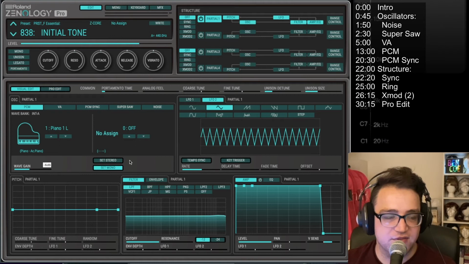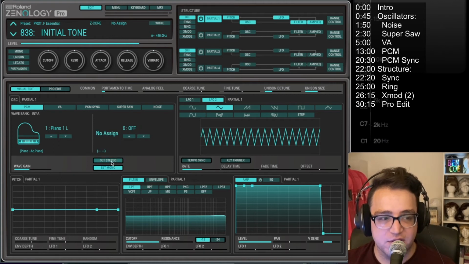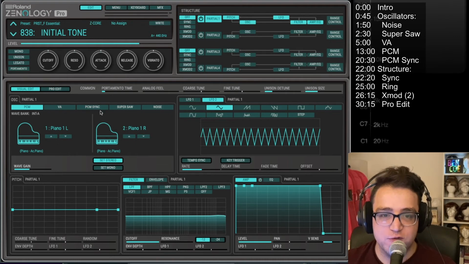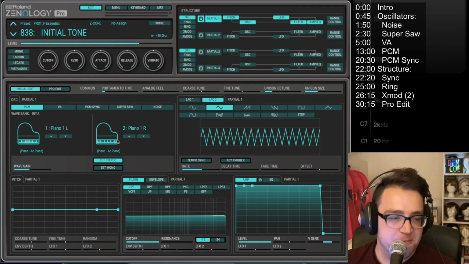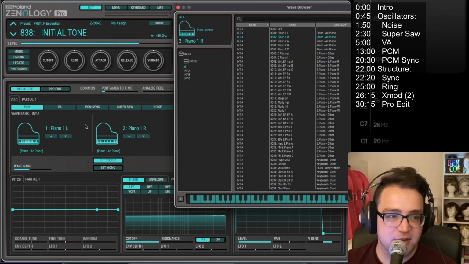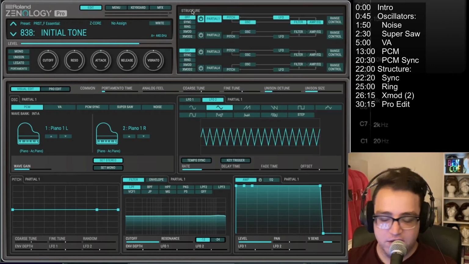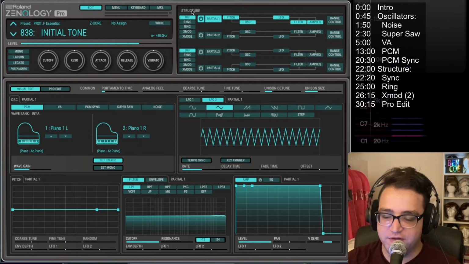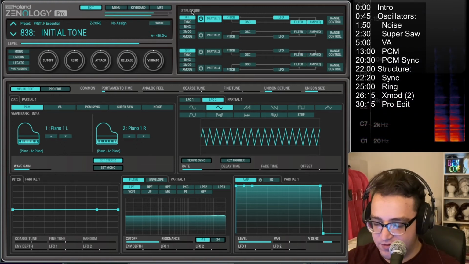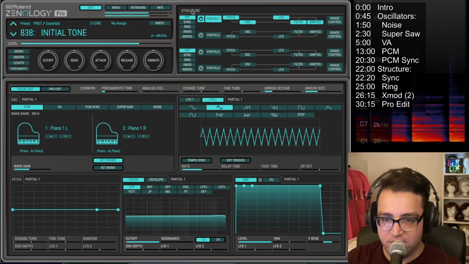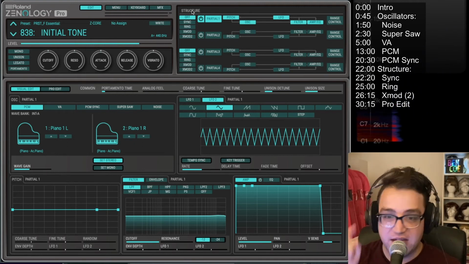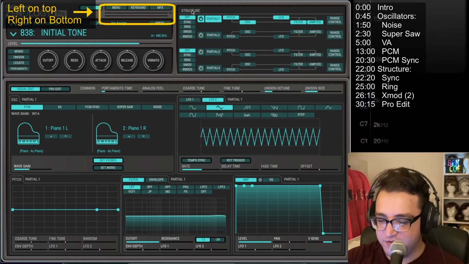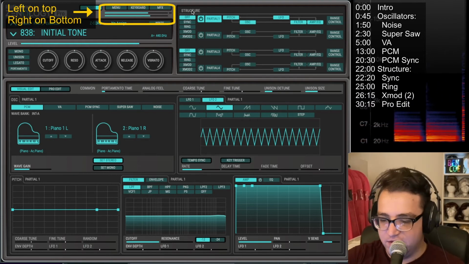Now, you'll notice here there's a button that says set stereo and set mono. If you set stereo, you can put 2 samples on one partial and they're panned back and forth. This is really good for a lot of different things. These two default piano ones, you'll notice down here is panned a little bit more to the left. I can verify this in the meters that I'm looking at, but I can also hear it a little bit at least. And then if you go up,